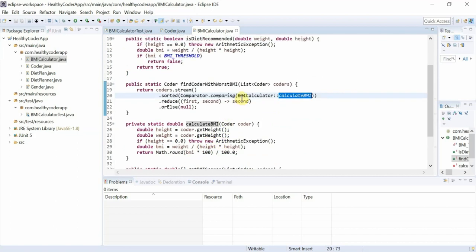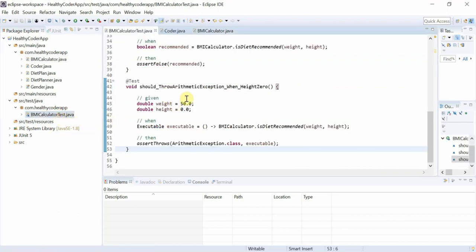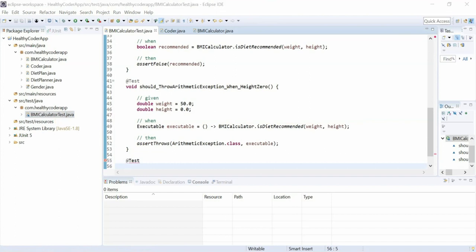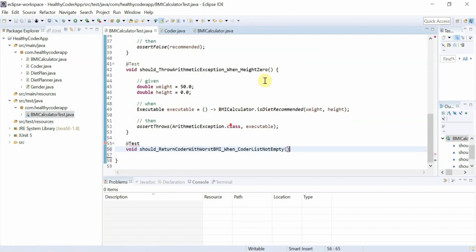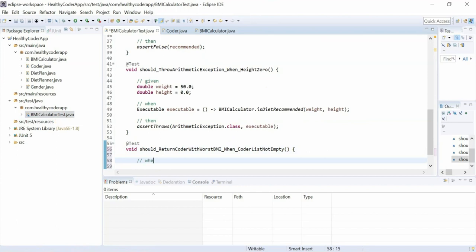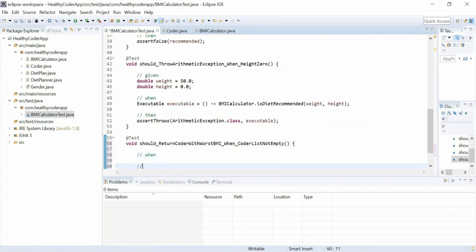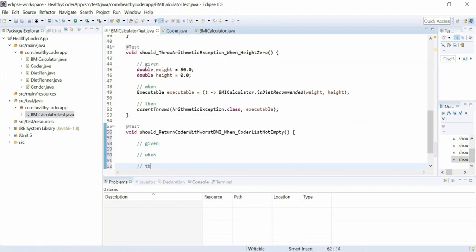Alright, it's time to write a unit test for findCoderWithWorstBMI. Go to the BMICalculatorTest class and create a new method with the @Test annotation. Do remember about the annotation though. If you skip it, the method will never be executed as a unit test. The method will be named shouldReturnCoderWithWorstBMIWhenCoderListNotEmpty, and remember about the given-when-then convention. In the given part, we need to create a list of coders,